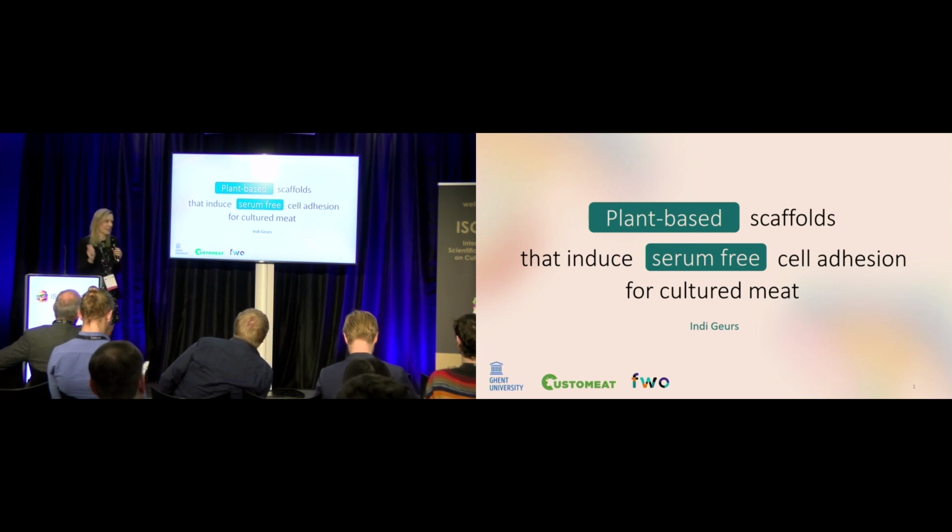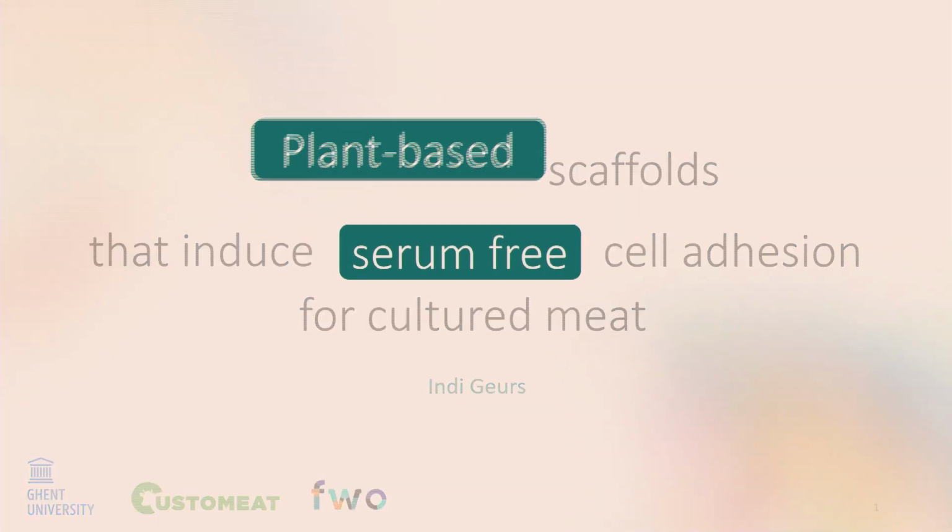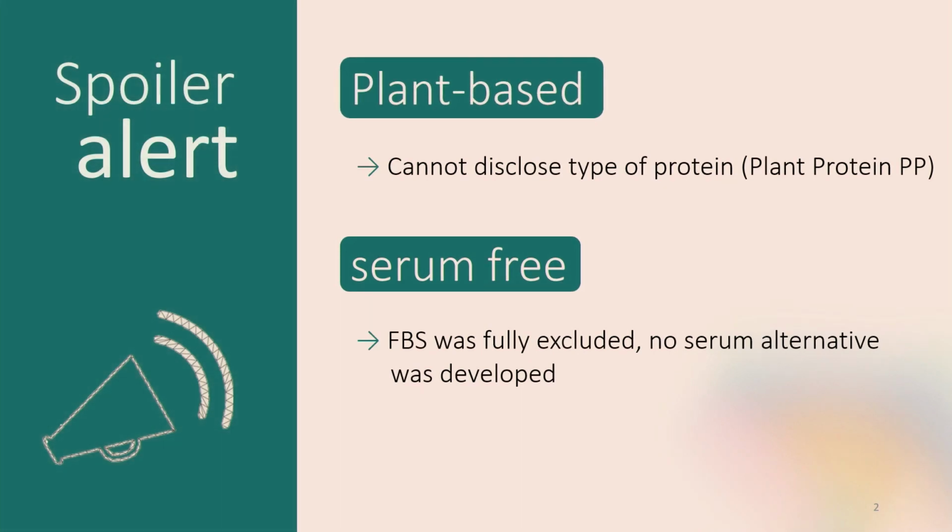All right, let's go. So today I will be presenting plant-based scaffolds that induce serum-free cell adhesion for cultured meat. Spoiler alert: I'm sorry, guys, I cannot disclose the type of protein yet. I asked my professors, they said no. I still have to write my publication, and then it's ready for everyone to know, but unfortunately not